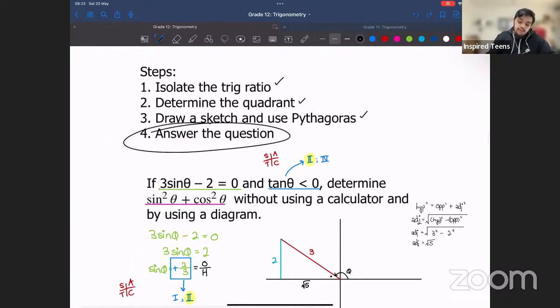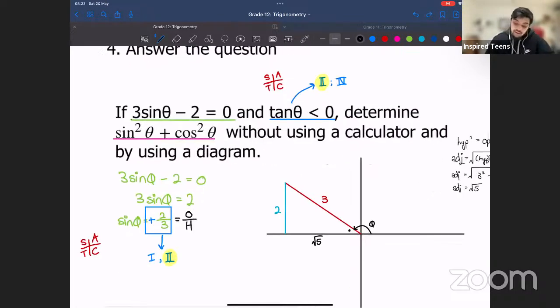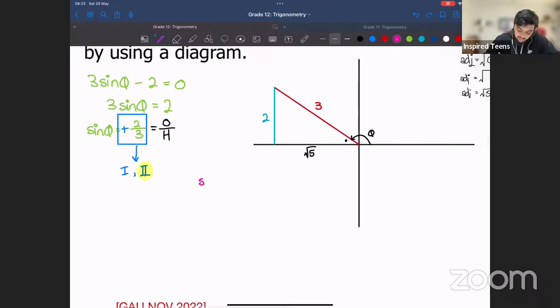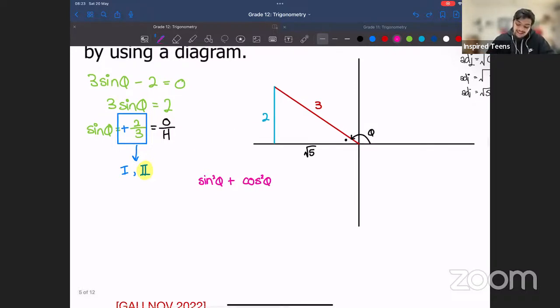Answer the question. So basically that thing that they want us to solve for, which is this pink thing: determine sine squared theta plus cos squared theta. Okay, so we take it in, we have sine squared theta plus cos squared theta. Now the values of sine theta and cos theta that we're going to get using what we just drew, our Cartesian plane. So sine theta, sine is opposite over hypotenuse, opposite is 2, hypotenuse is 3, that's the value of sine theta. So this is equal to 2 over 3, remember it's squared, so we square the whole thing,